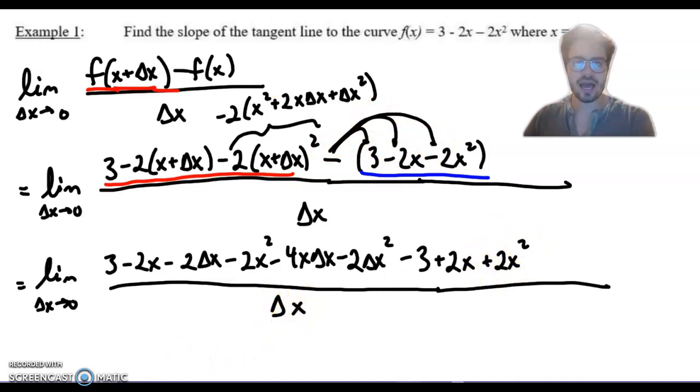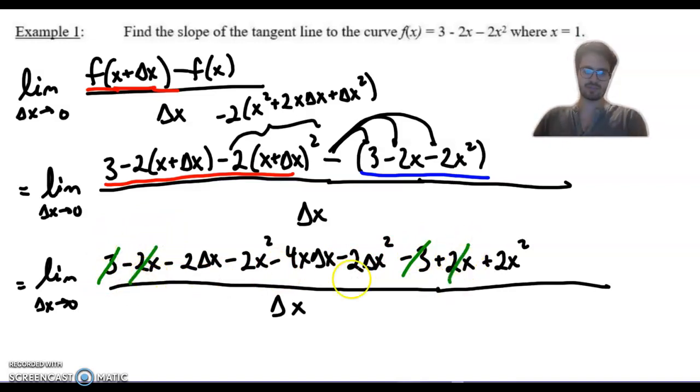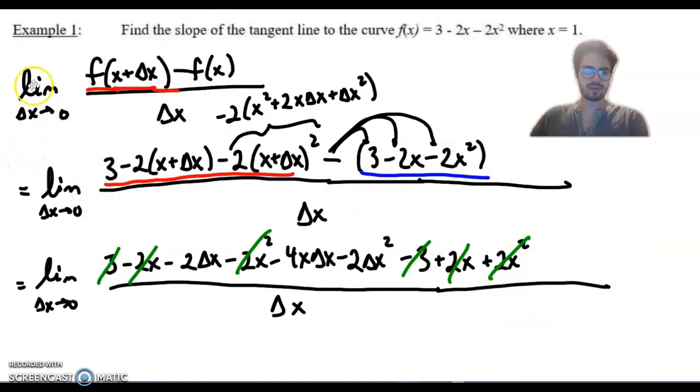You're going to see a lot of beautiful things happen in this situation. We have the 3's go away. We have the 2x, then minus 2x, then plus 2x goes away. We have these go away. And so what we're left with,